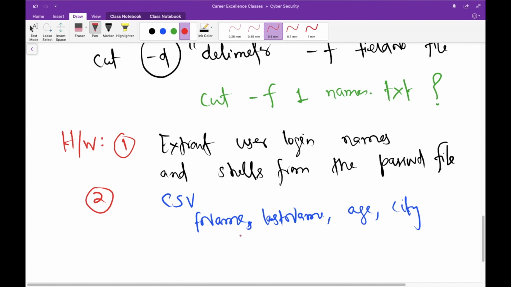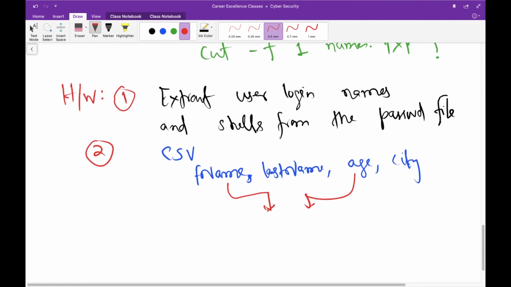Clear? So here you need to extract the first name and age of all the users, and by default it will have the delimiter, first name and then age. But try thinking of another output option where you are going to change this delimiter. Clear? So tell me in the comments how you can do that.